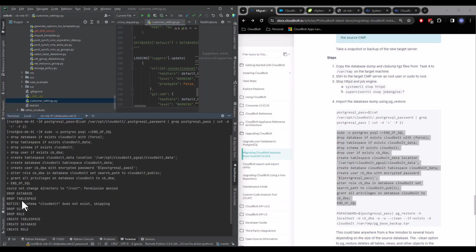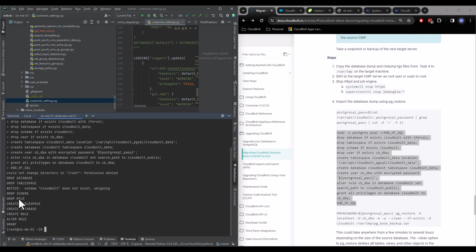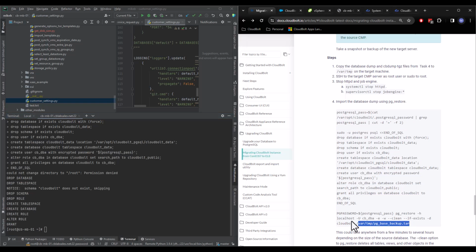Drop table space, drop schema. It didn't exist, so we're okay with that. Drop role, table space, database. I don't see any other issues, so I think we're okay here. Just reading through what we're doing in the database. Then let's